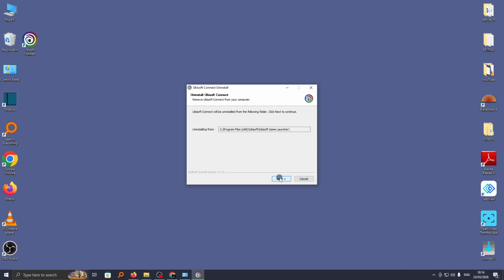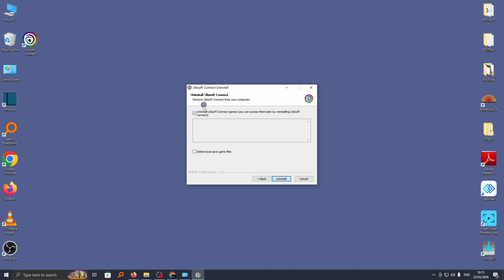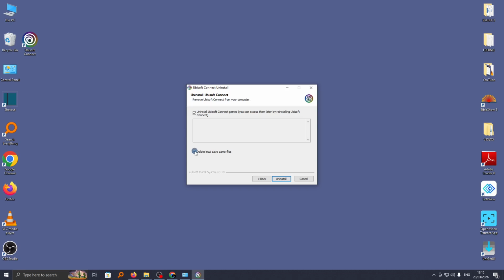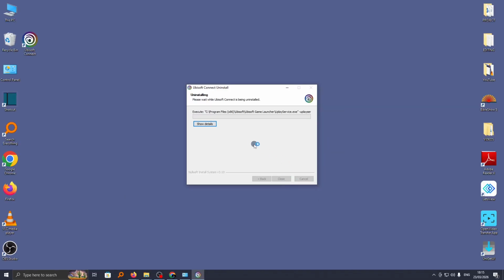Go ahead and tap on yes, and here you have to confirm that indeed you want to uninstall Ubisoft Connect games by checking this box. You can also go ahead and check this to delete local save games files on your computer that were installed via this program. Now to finalize, go ahead and tap on uninstall here, and the uninstallation process will